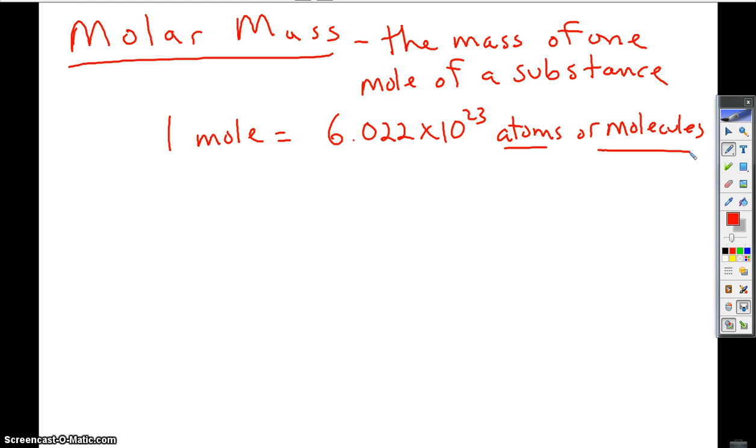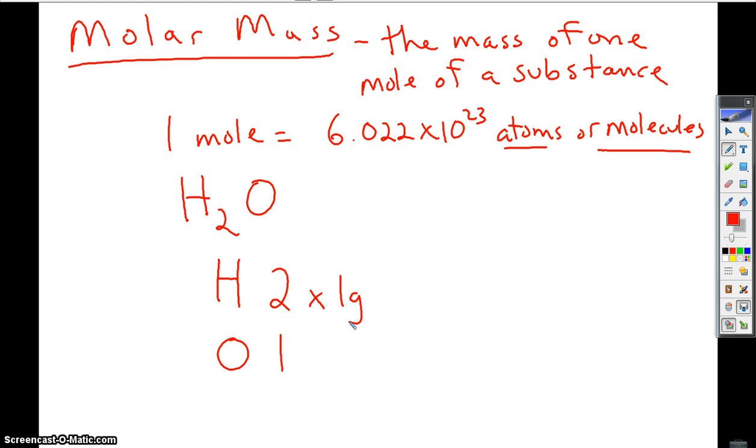So when we need to calculate the molar mass, we'll need a periodic table so that we can find the atomic mass of the individual elements. And let's start with a relatively easy one. Let's start with water, so H2O. So the first thing we need to do is identify what elements are present, and in this case we've got hydrogen and oxygen. Then using the subscripts, we'll identify that there are 2 hydrogens and 1 oxygen. Now from the periodic table, each hydrogen weighs 1 gram, each oxygen weighs 16 grams, and if we multiply through,